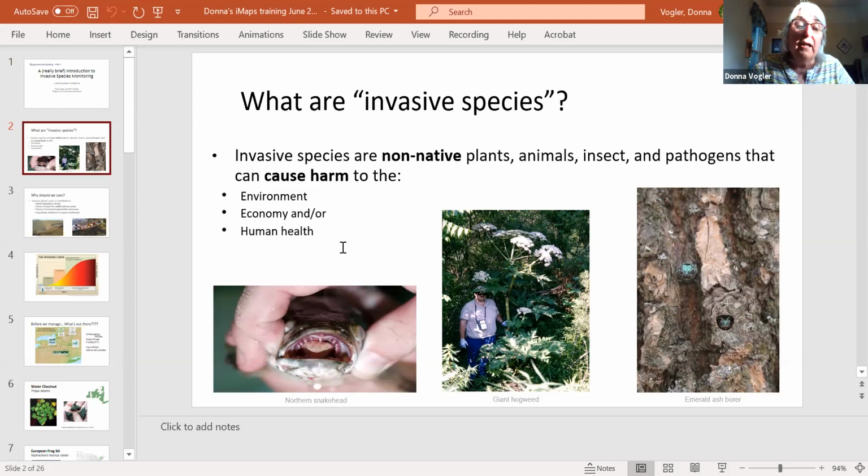Say northern snakehead, this is a major predator of native fish species, affecting native species as well as the whole habitat. In the middle is the giant hogweed, which is of human harm because this is the one that can cause the photoreactive rashes. And there is an effort in the state to battle it specifically. And then on the far right are young little emerald ash borers burrowing back out of their ash tree, ready to fly onto some new one.